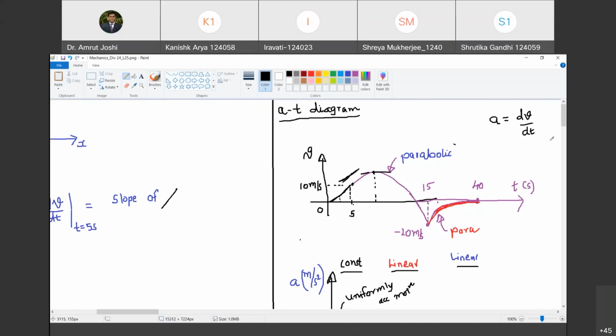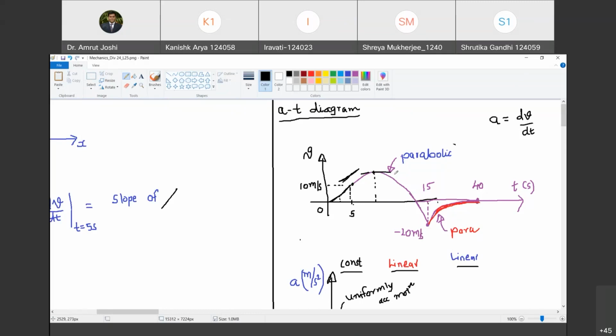Do you agree with me? Yes, sir. That is the condition for either maxima or minima. So wherever you see maxima of velocity or minima of velocity, at that location acceleration must be 0, provided velocity is a continuous function about that point. Are you with me? Yes, sir. Okay, so these are all observations that we are making. So at this point where velocity peaks, I must have acceleration to be 0, and it should continue dropping down,